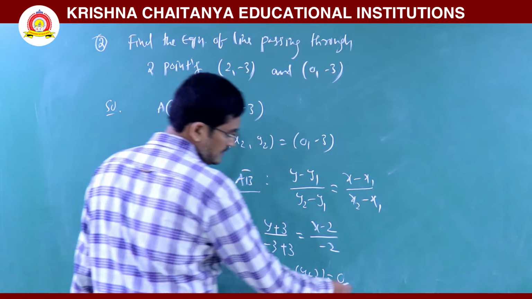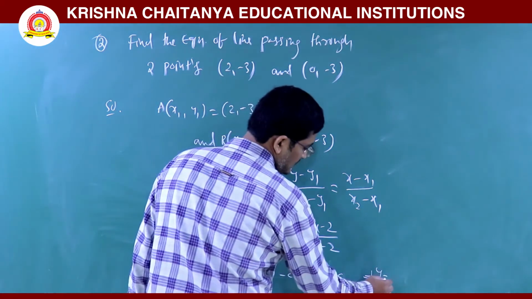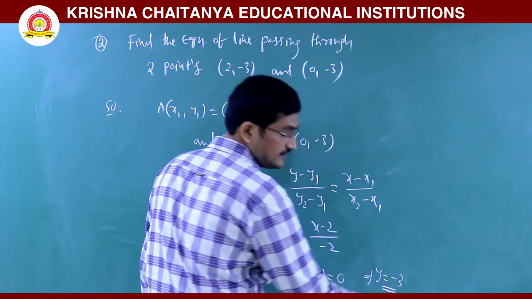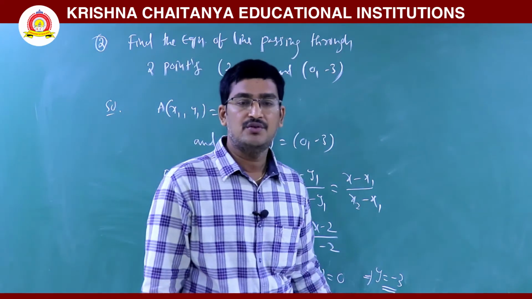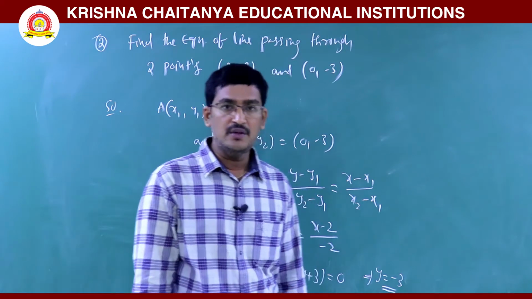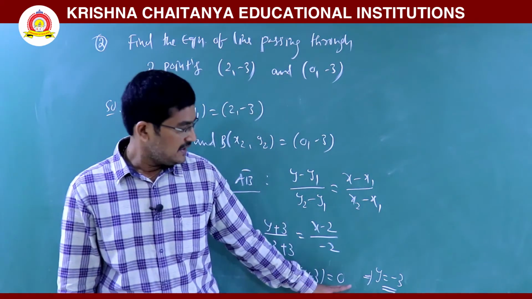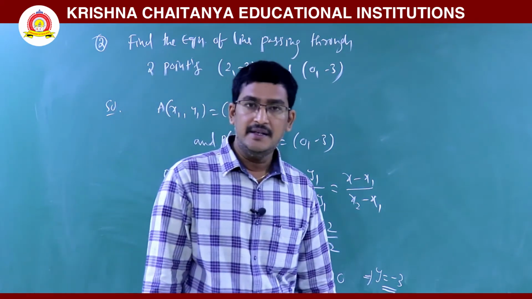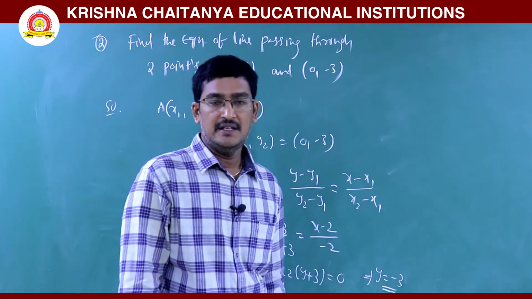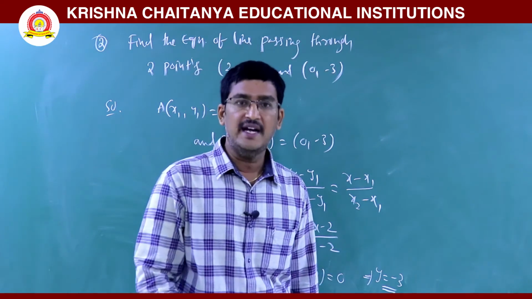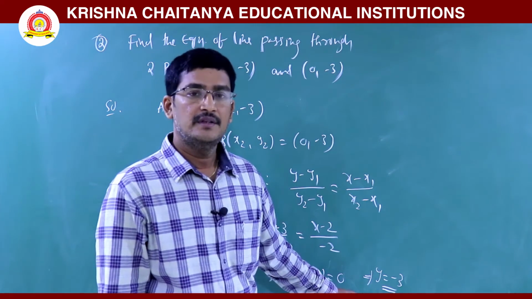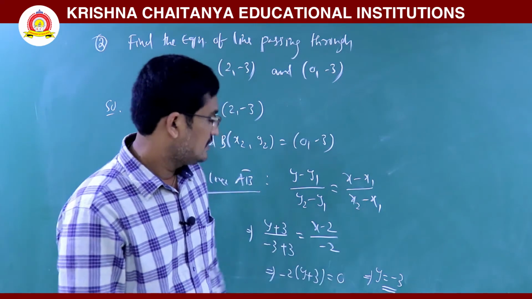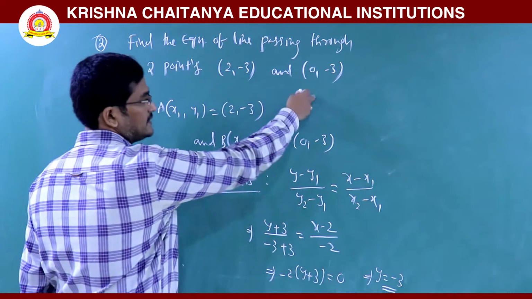Then what is the line there? The final equation is y equals minus 3. So this is the straight line. What is the form of this one? Y equals k. What is the nature of the line y equal to k? This is the line parallel to x-axis. Already I explained in the previous session that the line which is parallel to x-axis is always in the form y equals k. So this is the line which is passing through these 2 points.